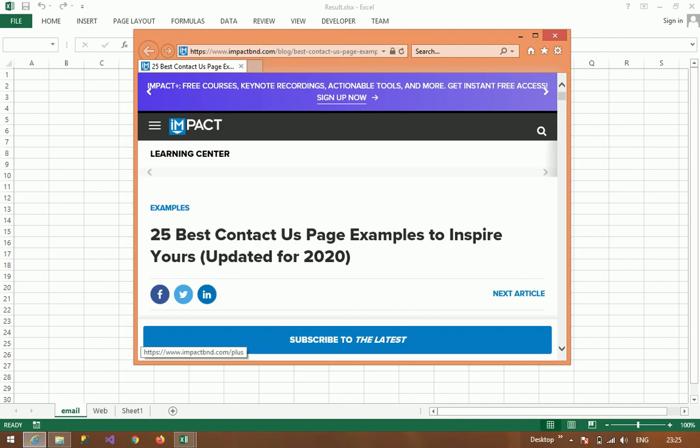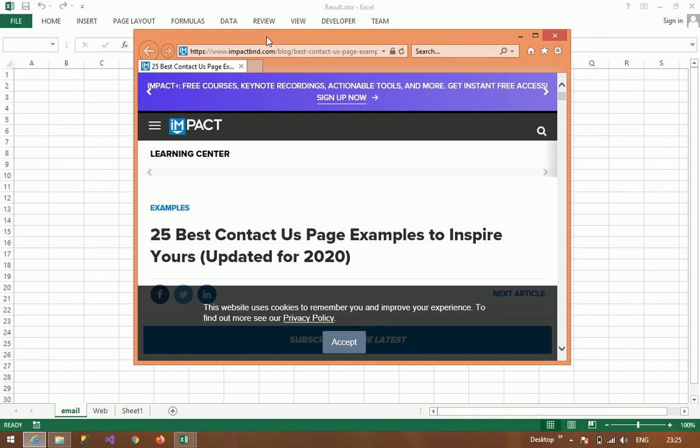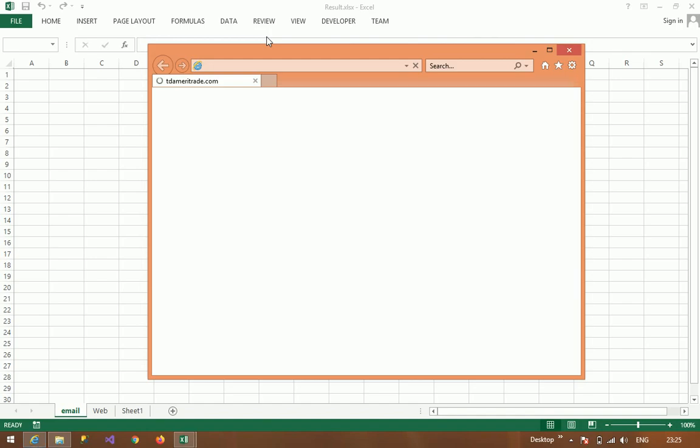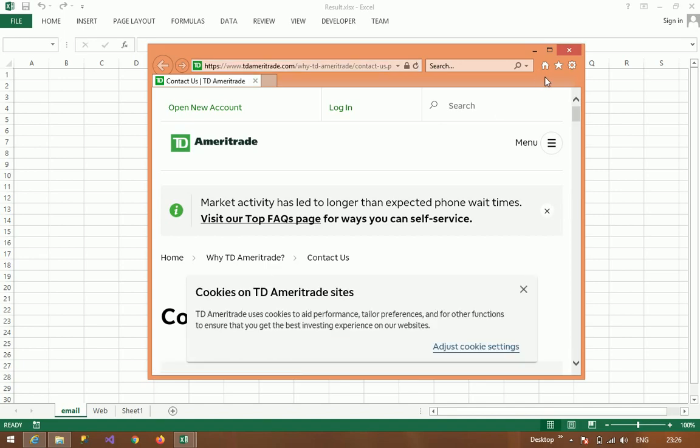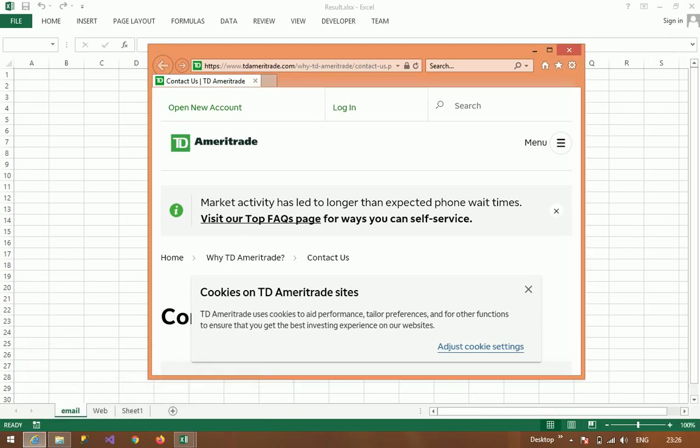Like here, it is going to this web page and it will extract the email address mentioned on that web page. Now it has gone to the next web page. It is opening the web page. This is Emory Trade. It will search for the email address there, and then put the email address here.